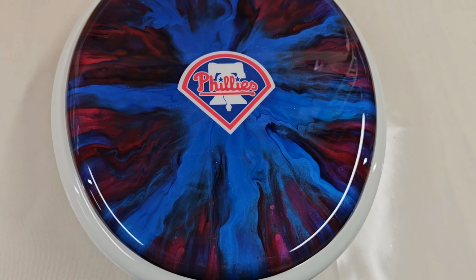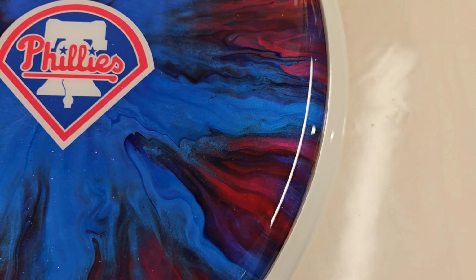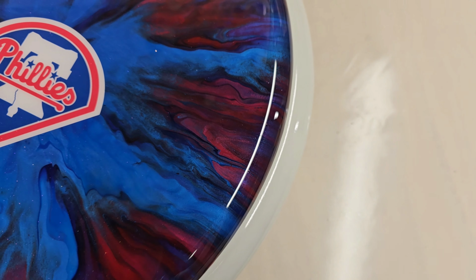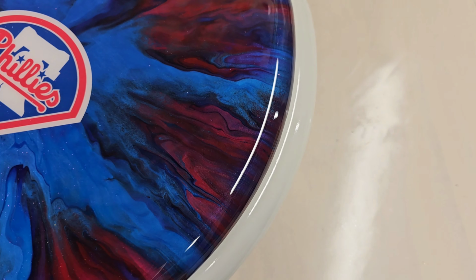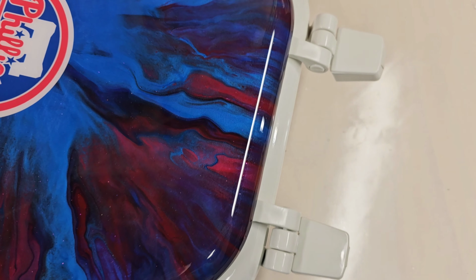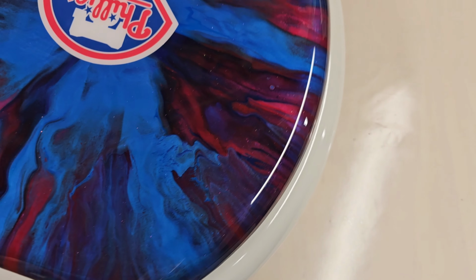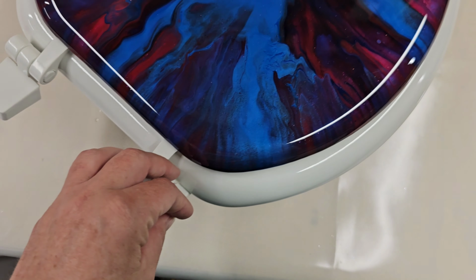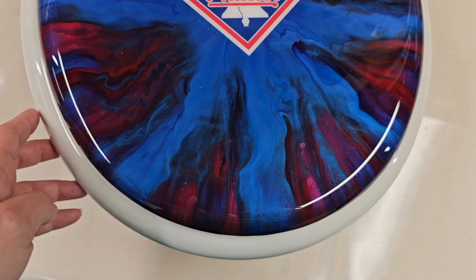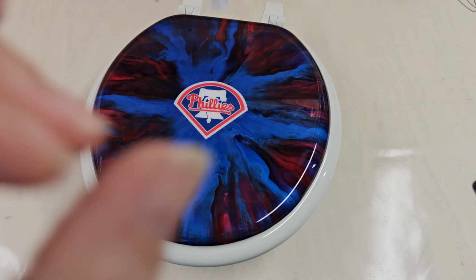It's going to be even, I know it looks really dark, and it is, unfortunately. But it's not as dark as you guys are seeing in the camera. I'm not sure why I'm not getting true color in my camera, but when you get this onto a white seat, you not only have the white seat as a background, but the white seat part of the bottom of the tank, which will just bring this all out completely. And again, mwah,